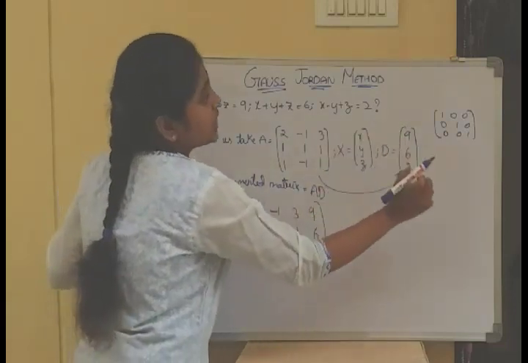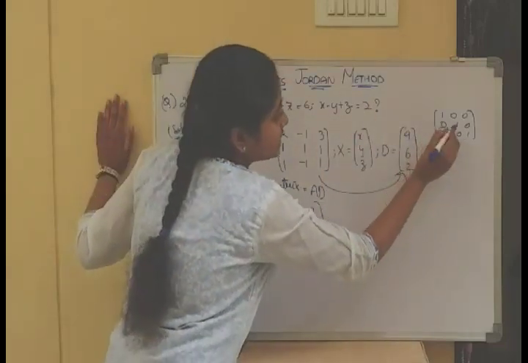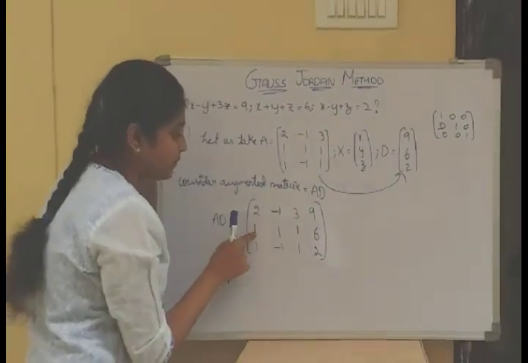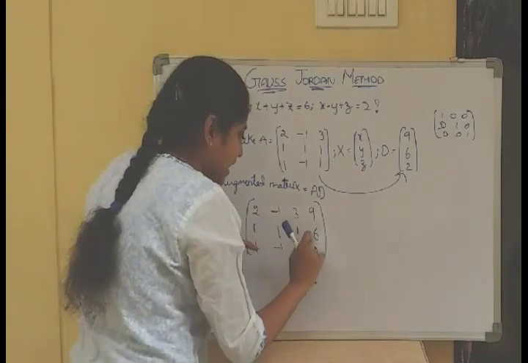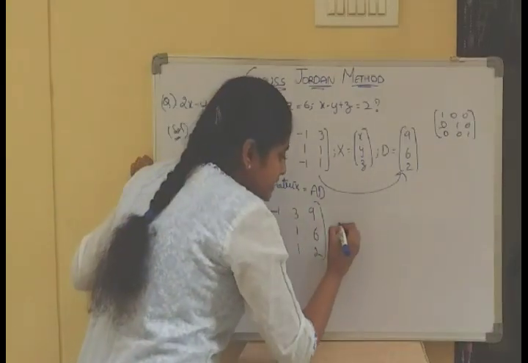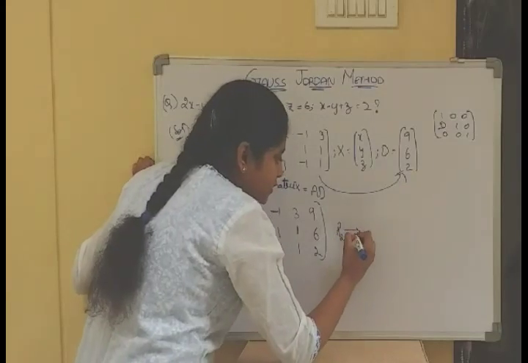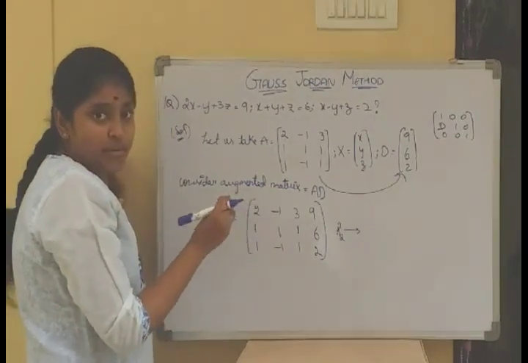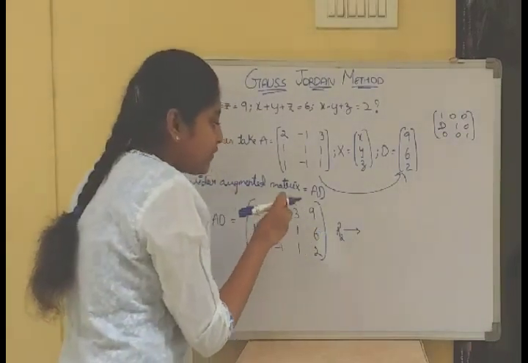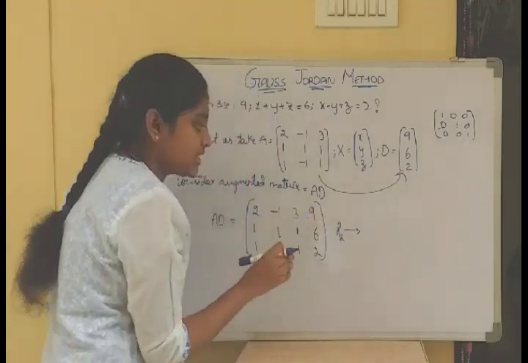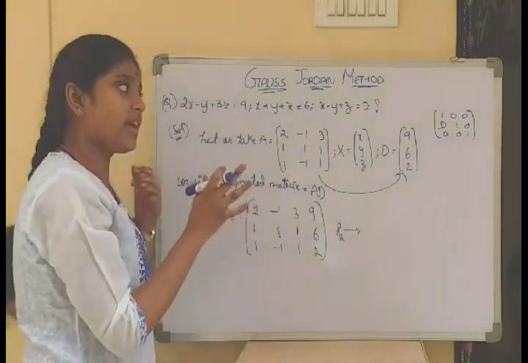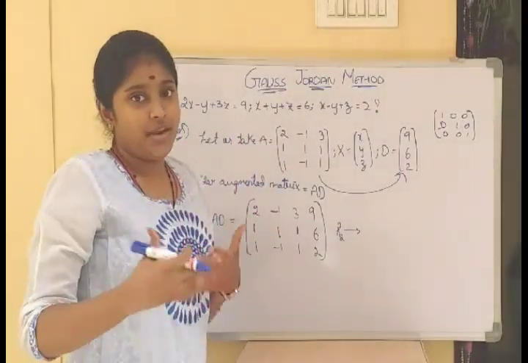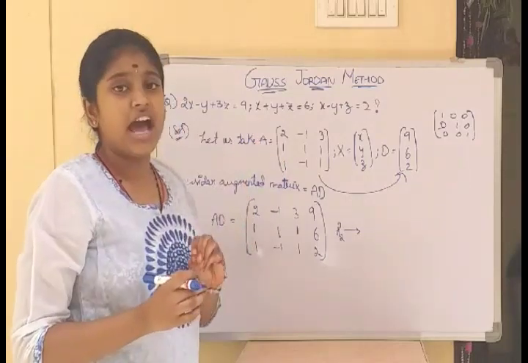Now the first process is to make this number 0, that is, make the 1 into 0 first. Which row is this? This is the second row, so we will take the second row. This is the first time you are doing row operations and column operations. If you listen carefully, you can understand this method, where you may get confused. It is tough and mostly repeated in the IP, where they will ask for 7 marks.